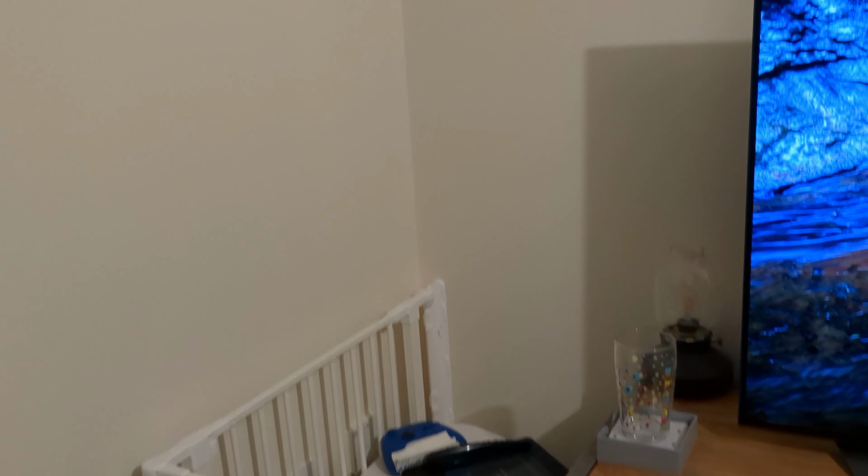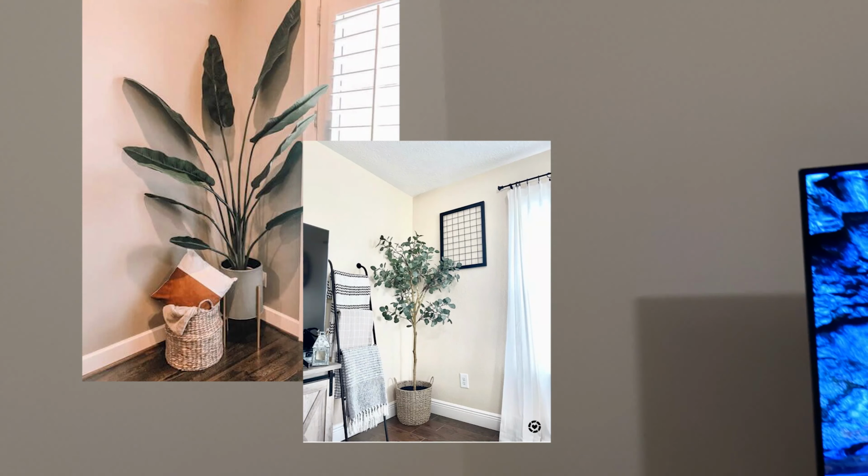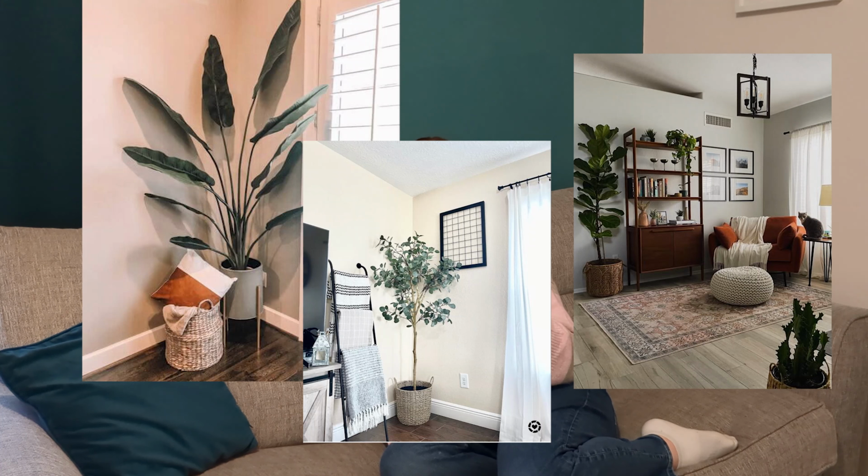The other thing I want to do is get a nice big plant. I'm a really bad plant parent, so I think I'm going to have to go high-end artificial. If anyone has any suggestions, that would be super, super good. I'd love that. And the other thing I want to do is put a couple of short shelves with some more plants, probably some cactus or something, but also the opportunity to just have one shelf free where if I'm coming in with a cup of coffee, I just lean around, put it on the shelf,